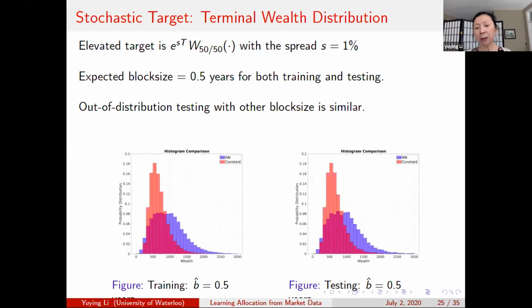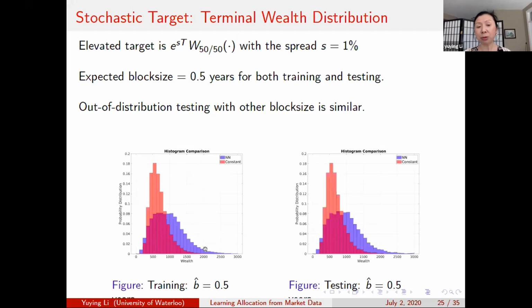So because we are trying to beat the market, there's a higher probability, the right tail, higher probability of achieving higher wealth. And so then one would imagine that, well, you probably take more risky strategy, then you're going to give a lot on the left tail. But if you look at the left tail here, you see that there's only a slight underperformance over the benchmark strategy in the probability of those extreme wealth level, right? So I think overall, from the whole entire distribution perspective, the optimal strategy does seem to be much more attractive